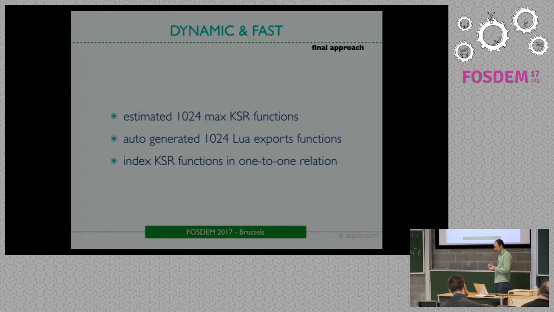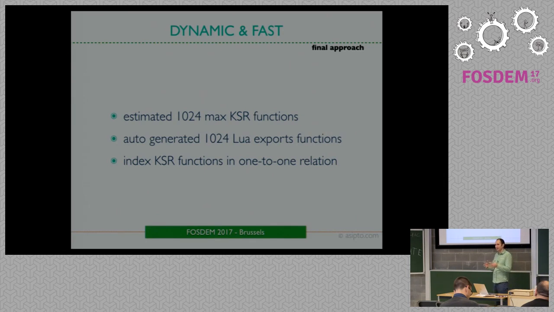I went for making a one-to-one relation by estimating the maximum number of functions to be exported by Kamailio modules. I looked and said, okay, people might combine 20, 50 modules. TM is the largest, with 100 exported functions. We don't export all of them to Lua. It makes no sense to export all Kamailio functions to Lua, like substring or other string parsing functions that are also in Lua. And I decided to go with 1024